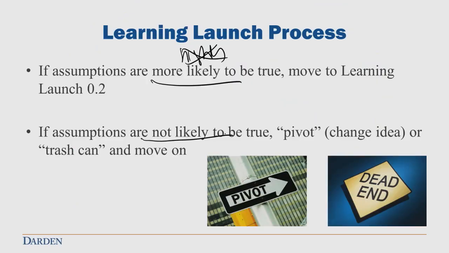You pivot, which means you change your idea, you amend it and keep going, or you put the idea in a trash can. Well, it's not a real trash can, it's a make-believe because you put it on the shelf, because years later it may be valuable. Corning found that out with the glass that they made called Gorilla Glass. It was invented years ago. It made it big when Apple wanted it. It was on the shelf for years.